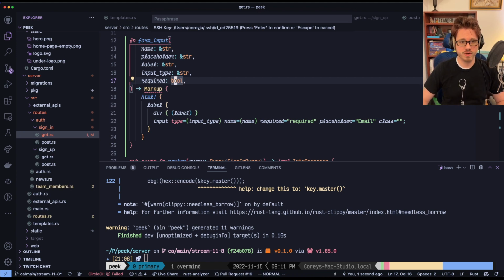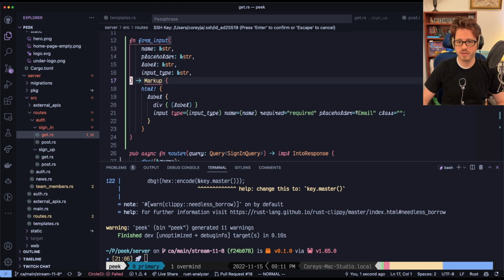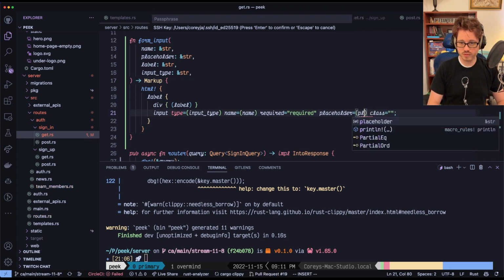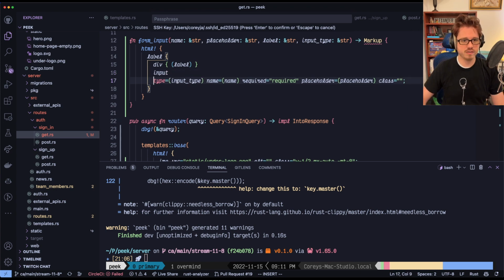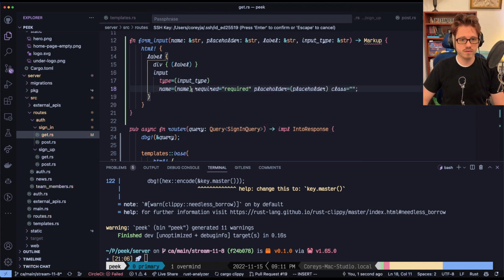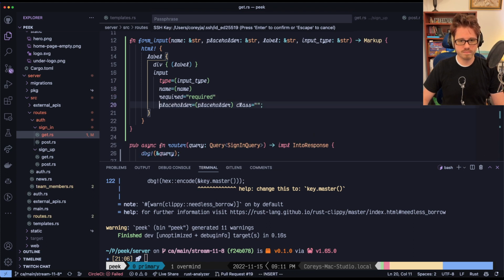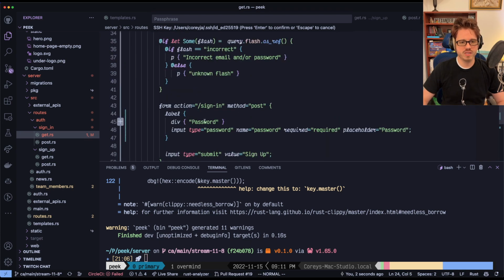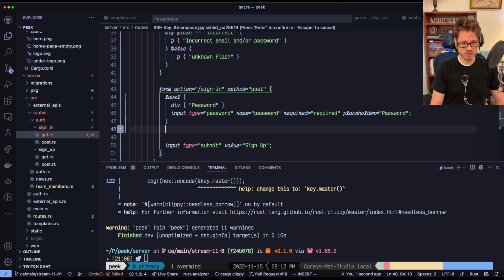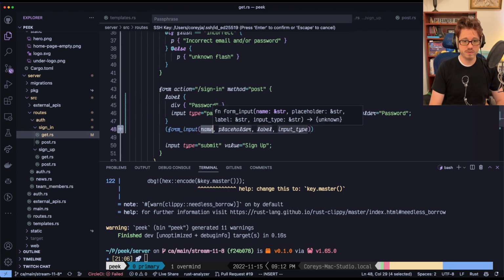These are actually both required. Let's just say they're both required. Placeholder is placeholder. I want to break these onto multiple lines. Okay. And then here I can just do, this is just form input of